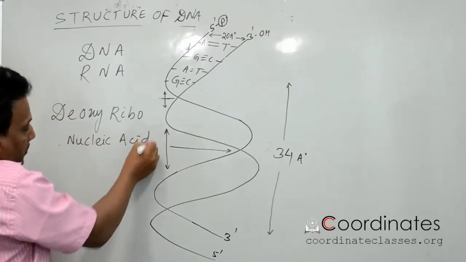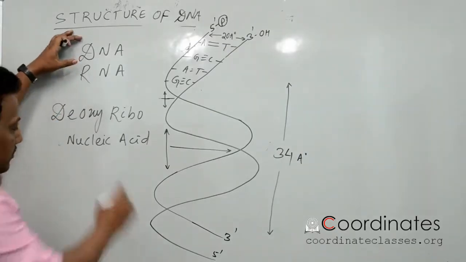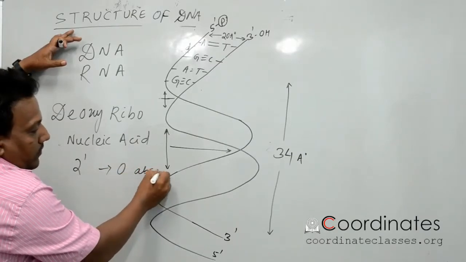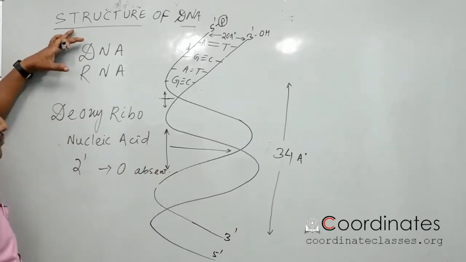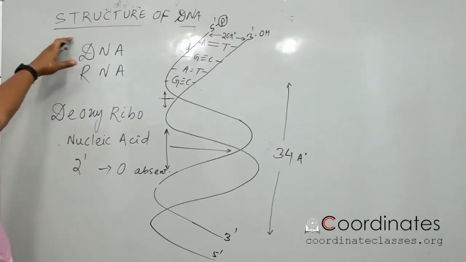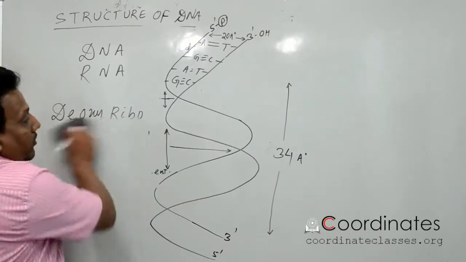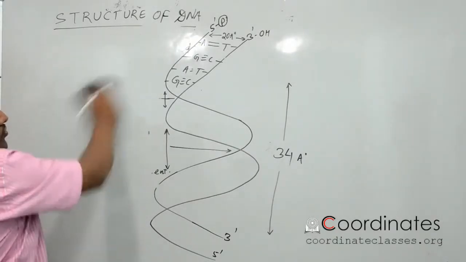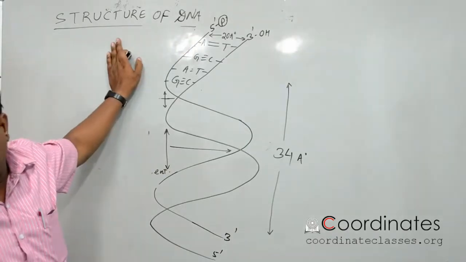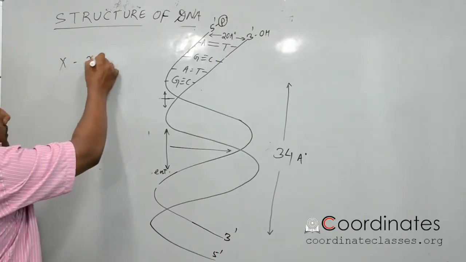Because when you see ribose sugar and deoxyribose sugar, at the 2' carbon atom, one oxygen is absent. Due to the absence of oxygen at position 2, it is known as deoxyribose sugar, and the name is given as deoxyribonucleic acid. Its double helix structure was proposed by J.D. Watson and F.S.C. Crick in 1953, basing on X-ray diffraction studies of